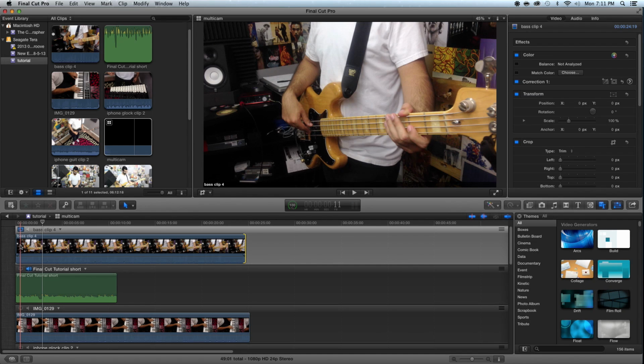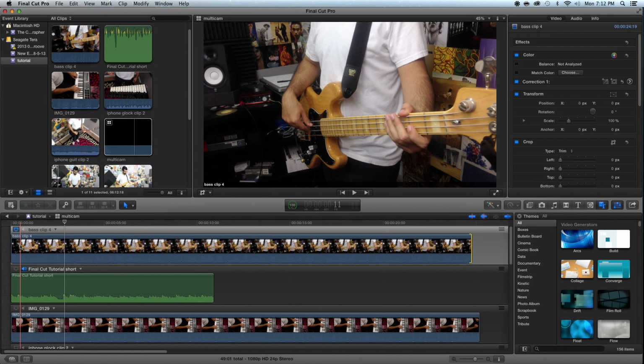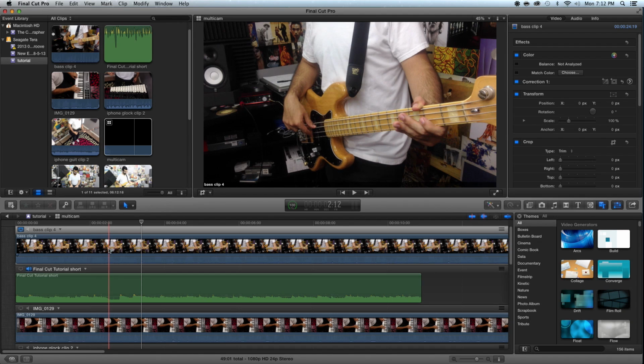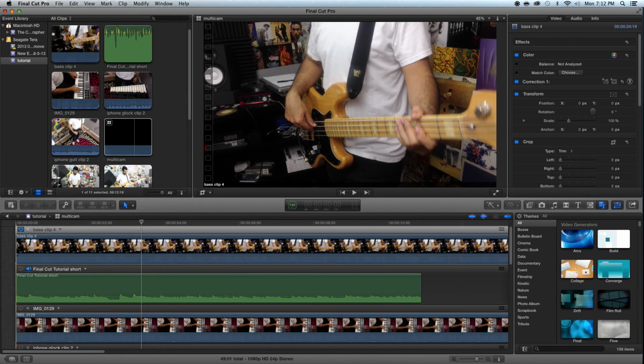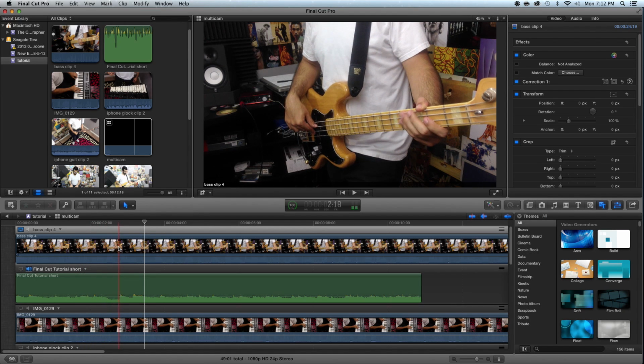Okay, now to align these two, I can push Command plus to zoom in, Command minus to zoom out. Command plus, Command plus. See, so I look for a spot that I know something happens, so listen to the bass line. So then that bam, bam is where I'm going to look for the clip and align it to these waves